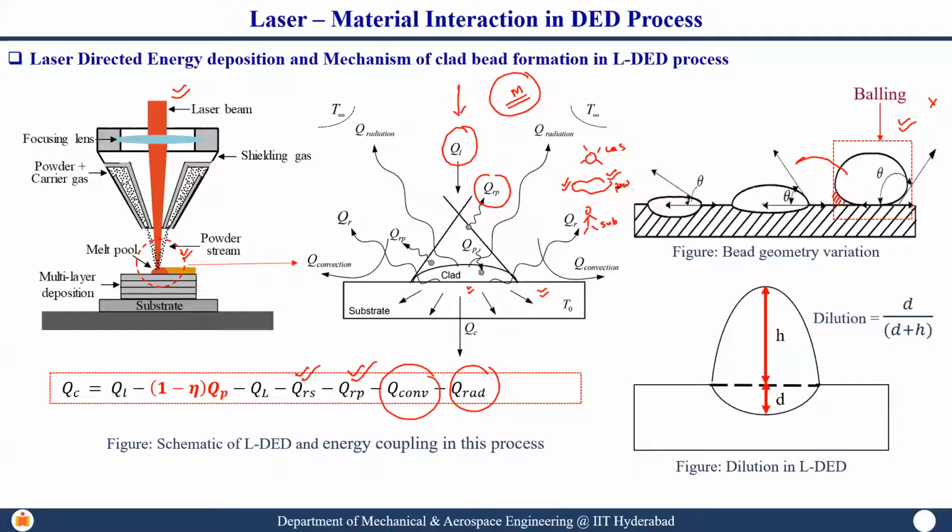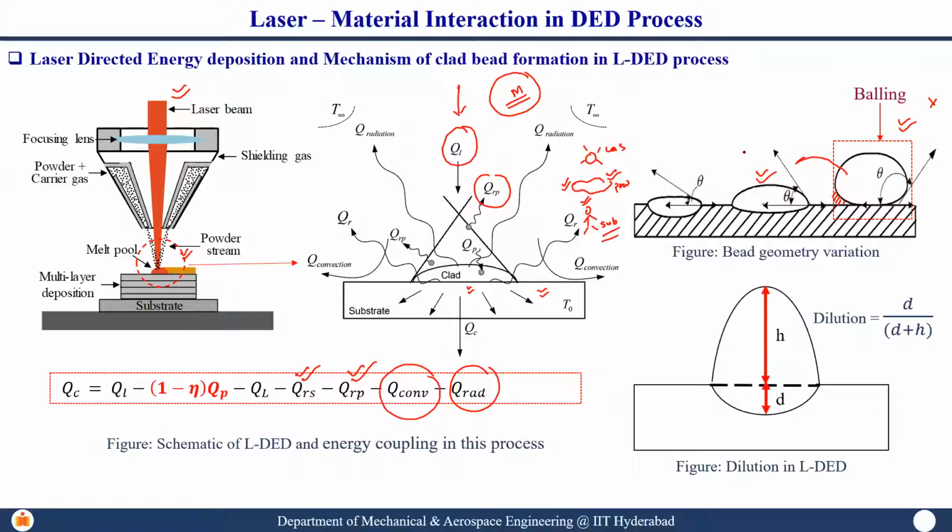Now let us assume we have selected it in such a way that the powder cloud density is quite low. Then what will happen? It will start burning you. If it is the sun and there are no clouds, we feel a lot of heat and it starts burning the skin. The same thing happens to the substrate. So there will be excess dilution, minimum deposition. So there is an optimum zone in between. So how do we achieve this? In order to understand this,